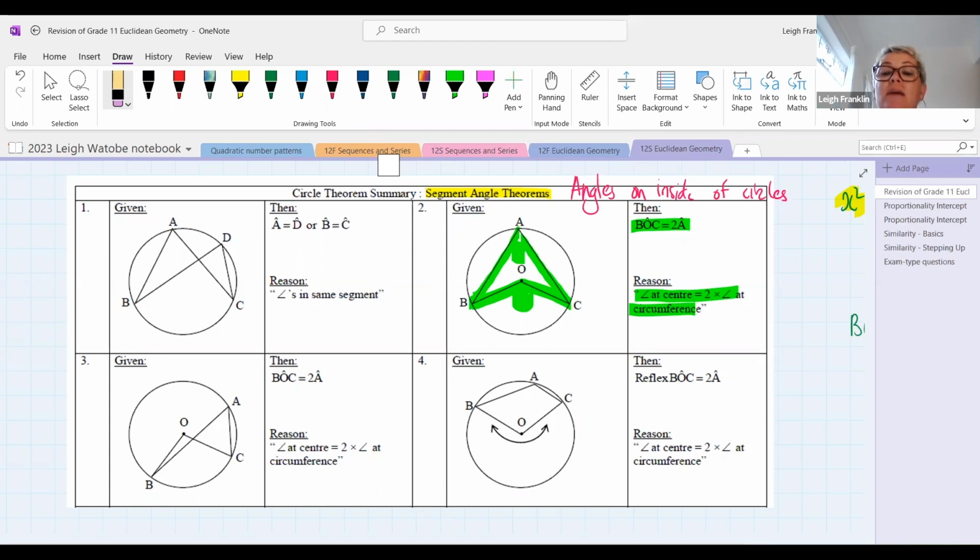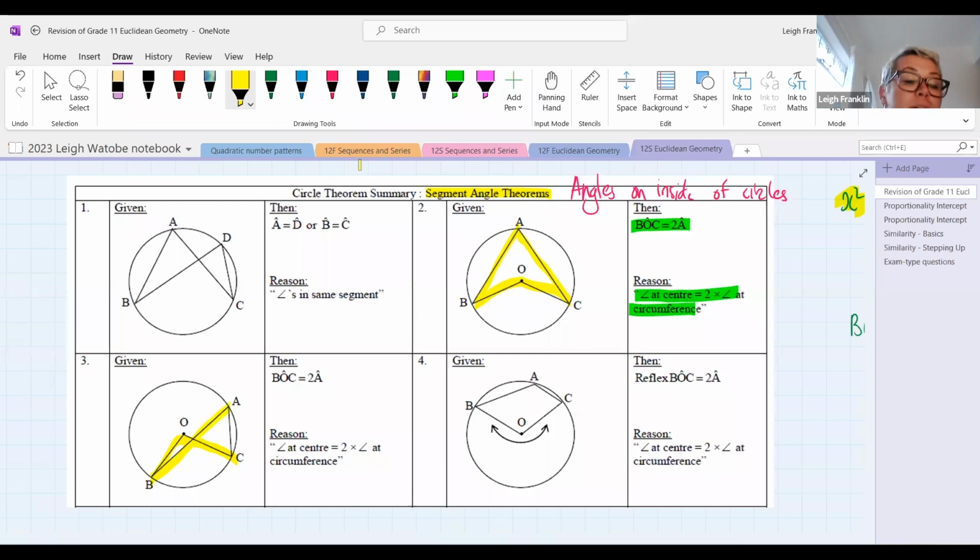All right, so we're staying with angle at center is twice angle at circumference, because the first one in number 2, this shape over here, let's just get rid of this. This is the arrowhead. You can see it's like the head of an arrow. So we can still have angle at center is twice angle at circumference, but the shape of ABOC changes. Now I've brought point A further down, closer to C, and that means that line BA is crossing over line OC, but I've still got the angle at the center is twice the angle at